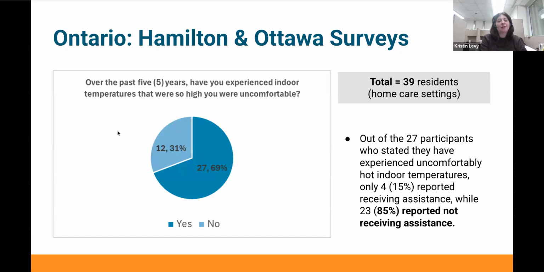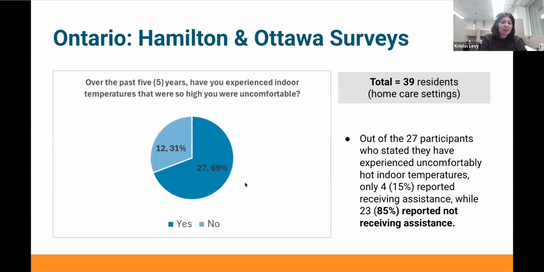Now, in Ontario, the Hamilton and Ottawa locations, these are all home care recipients, and it's quite a different story. We have 69% saying that they've been uncomfortably hot in the last 5 years. And out of those who have been uncomfortably hot, 85% reported not receiving assistance. So